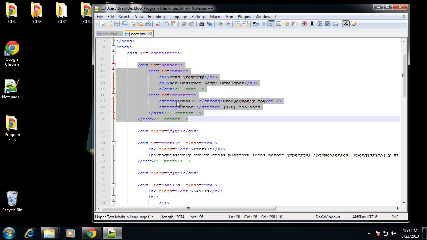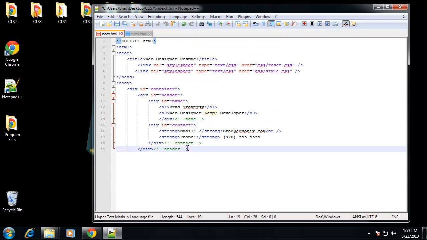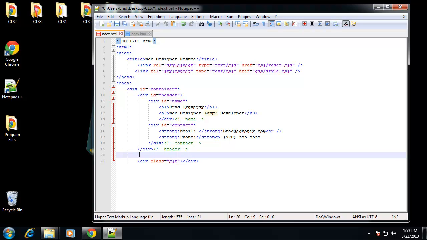Okay, so let's go back, and now this div class clear is something that I use all the time. What it does is, when you float something to the right or the left, and then underneath you have an element that you don't want floated, it's going to ruin the flow of the document. So you need to clear it, and a lot of people will just do div style equals clear both,